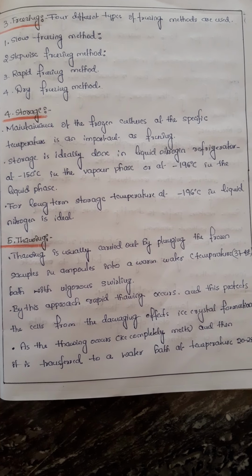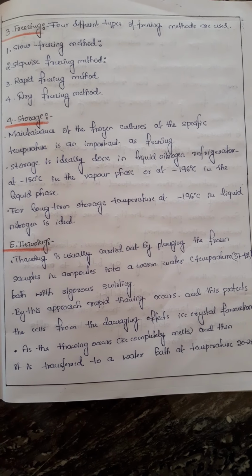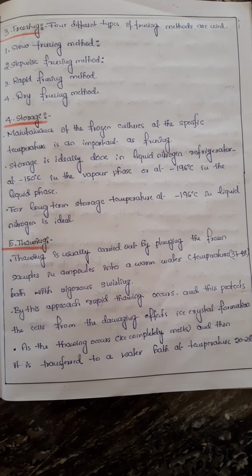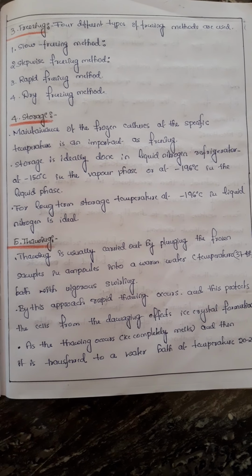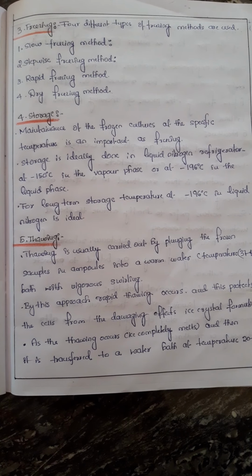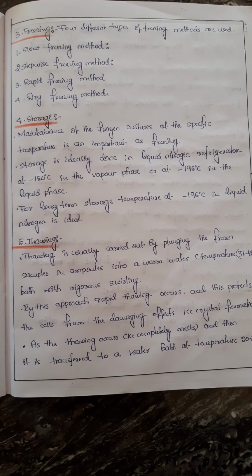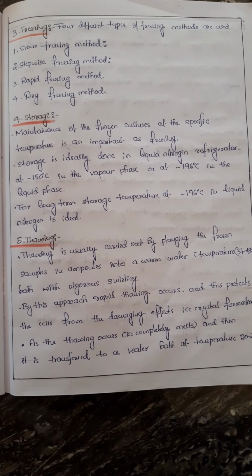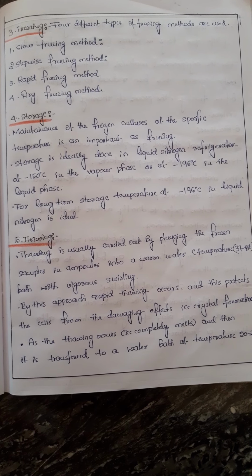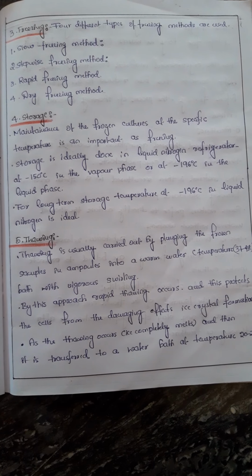The advantage of slow freezing method is that some amount of water flows from the cells to outside. Next one is rapid freezing method. This technique is simple and involves plunging of the vial containing the plant material into the liquid nitrogen. During the rapid freezing, a decrease in temperature of minus 300 to minus 1000 degrees Celsius per minute occurs. Rapid freezing technique is used for the cryopreservation of shoot and somatic embryos. Stepwise freezing method: this is a combination of slow and rapid freezing procedures.